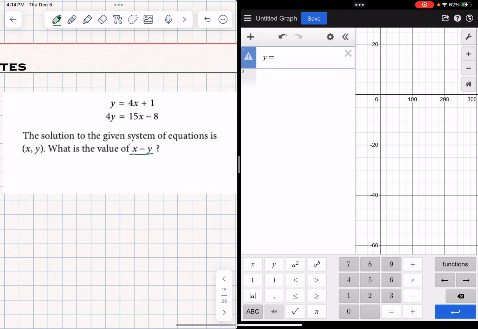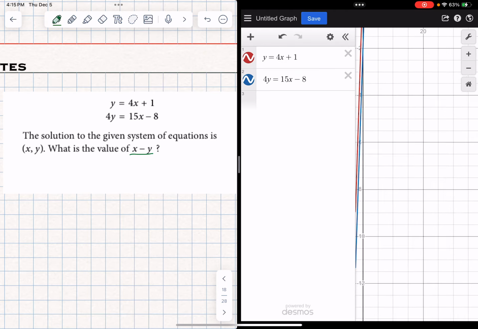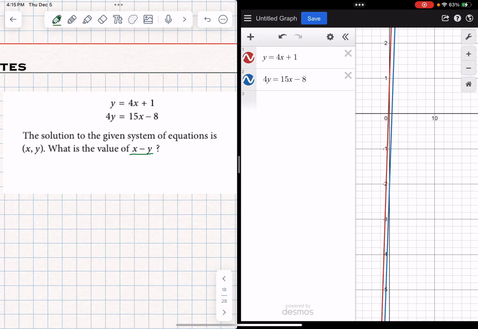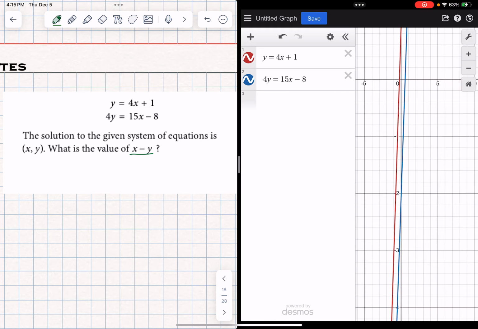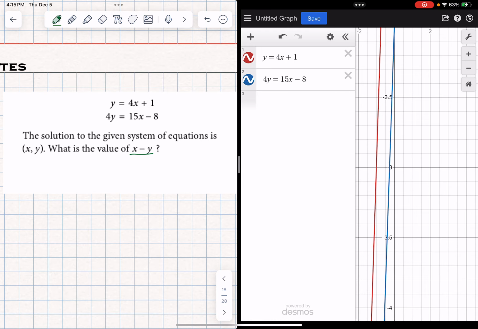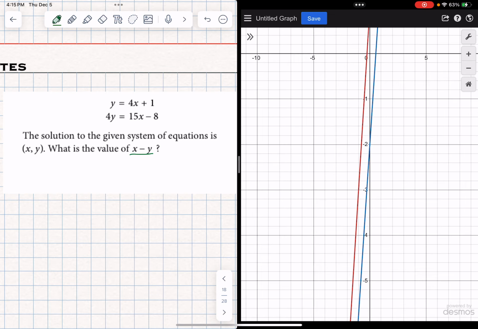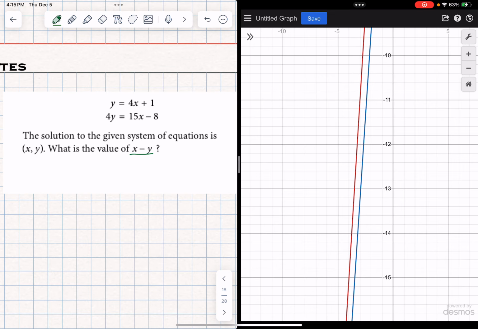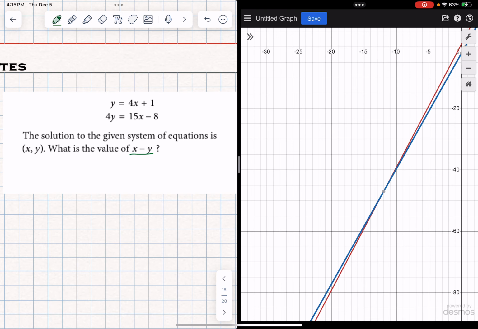y equals 4x plus 1. And then another one, 4y equals 15x minus 8. When you try to find the intersecting points, here are the intersecting points. So we found the values of x and y: x equals negative 12,